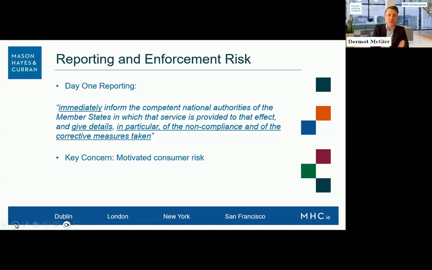And then the final point is just on enforcement risk. Obviously a very important issue from a legal perspective. Again, those who attended the February session will have heard me talk about how, while there are absolutely penalties, there's the risk of regulatory action, and there's potential liability for company officers, which are all important issues. The biggest day one concern from an enforcement perspective for me is still that claim being brought by a motivated consumer who's perhaps backed up by an interest group. How big a risk that is for you, again, depends on your business.